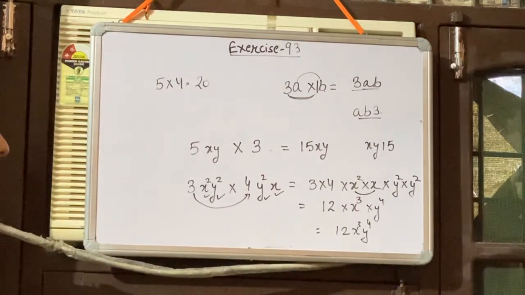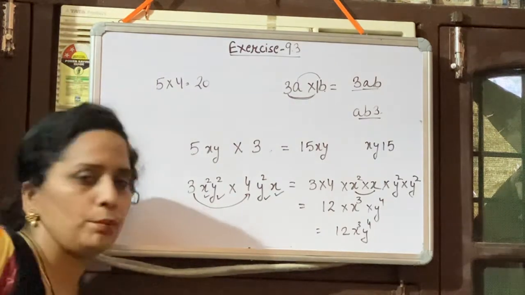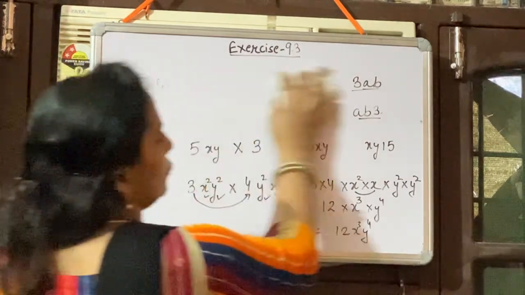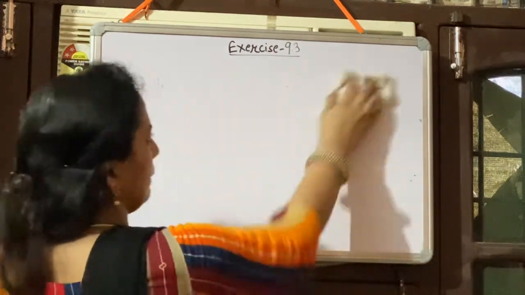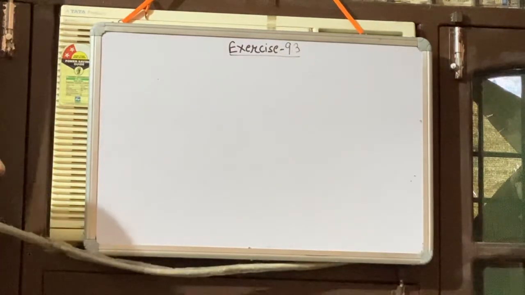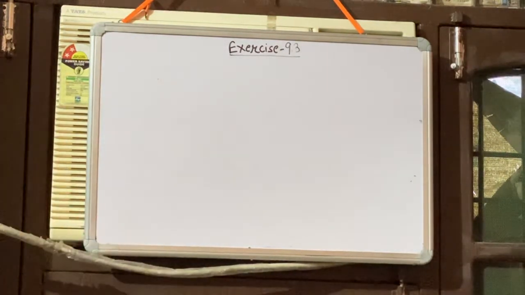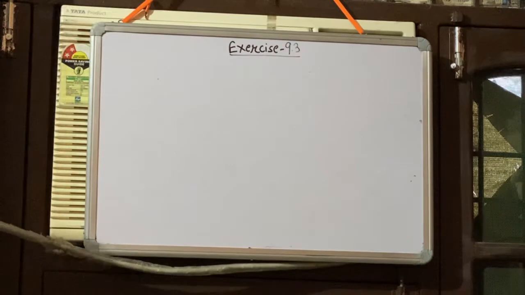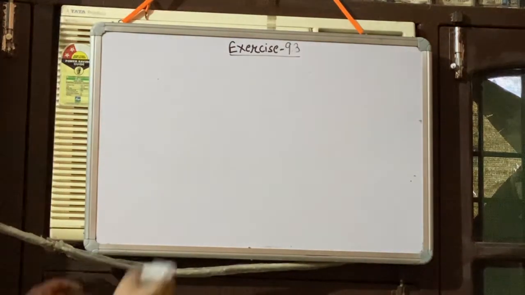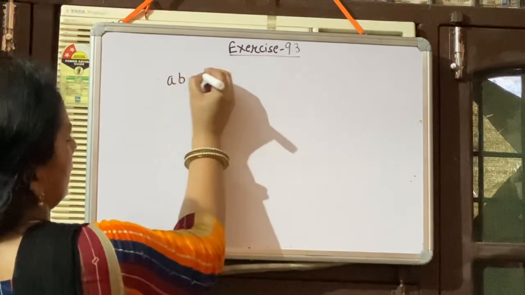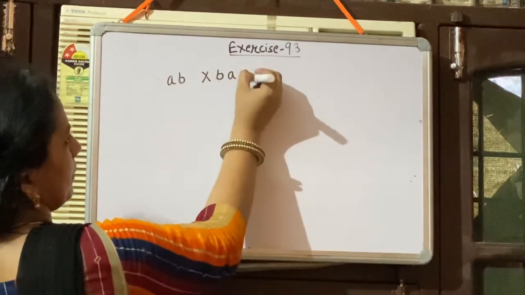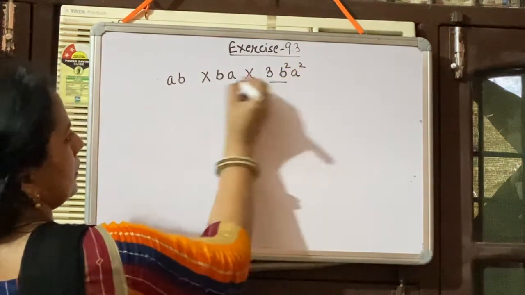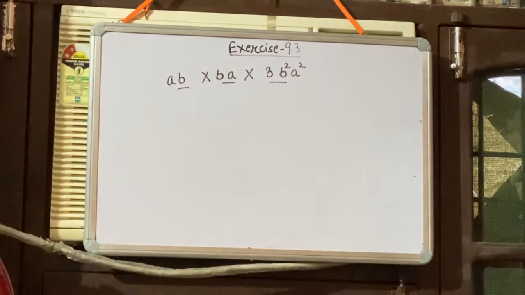These are the examples of binomials. Now let's try to multiply trinomials. That means if we are given 3 algebraic expressions, how can we multiply the terms? The same rule will be followed. That means write the coefficient, the constant term, in the first place, and after that the variable. Multiply these 3 terms. How can we multiply?